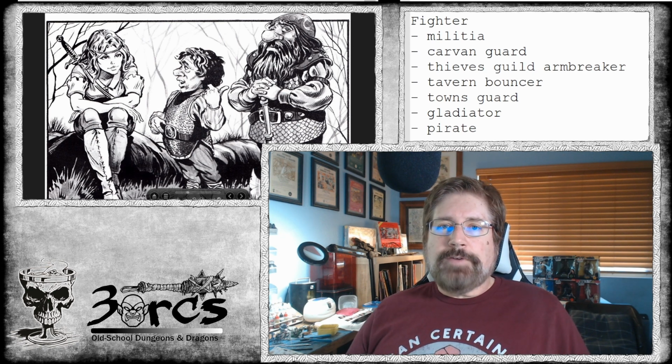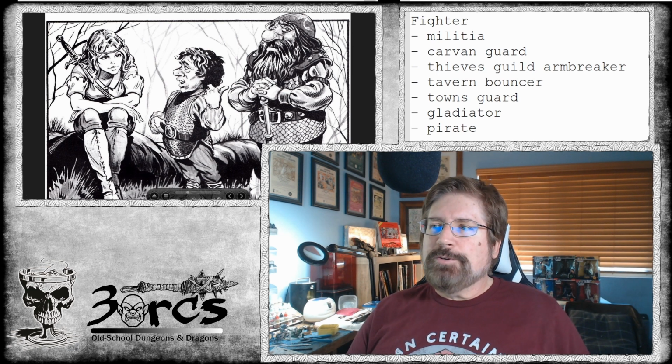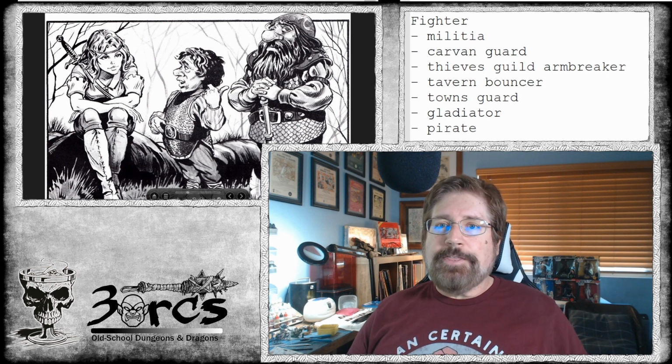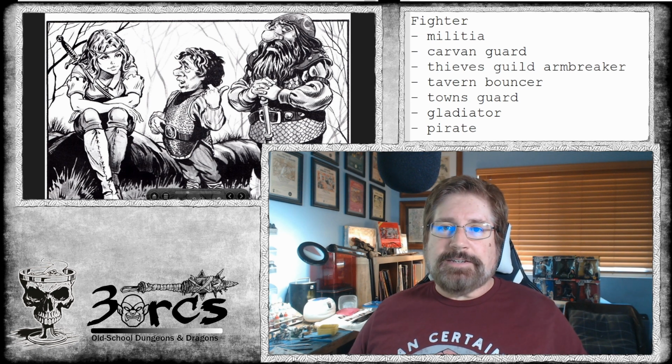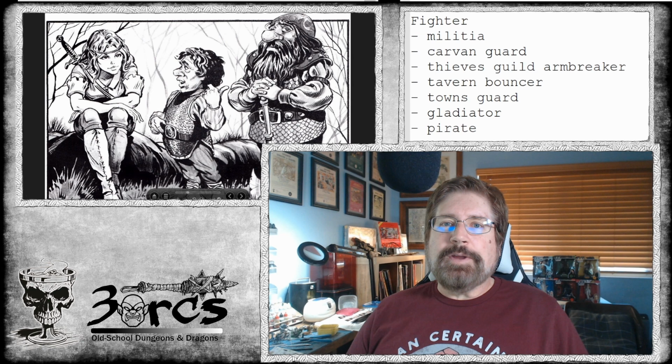Another good idea for a fighter would be a gladiator. See, that's a good example of some of the newer systems out there that will take the idea that the fighter was a gladiator, and they'll make a new class up just based on that idea and give them all these special abilities. But in any system, you can roleplay your background as a gladiator, kind of like the movie Conan. Conan was captured as a boy from his village, and then he was trained on that wheel to become strong, and then thrown into the gladiator pit when he was old enough,